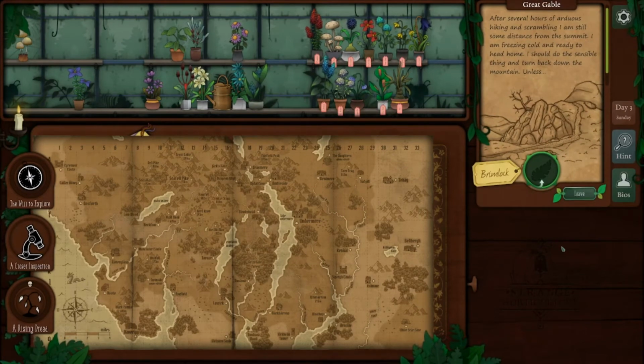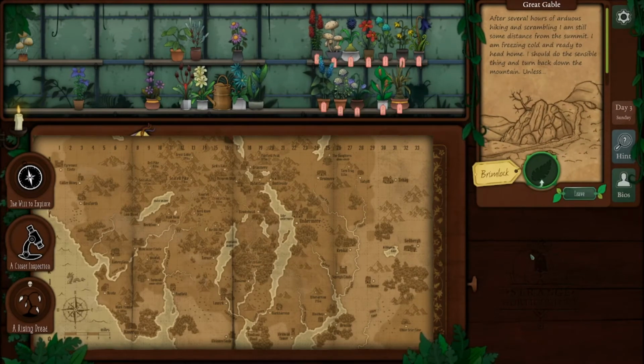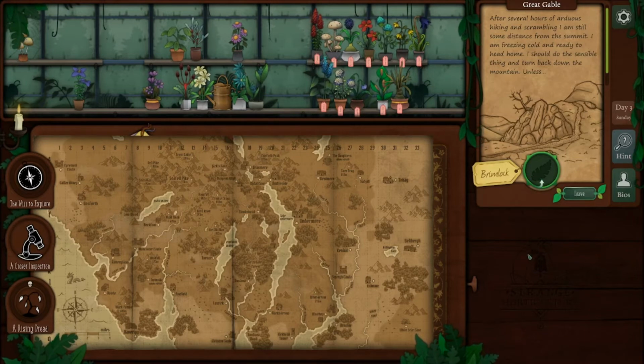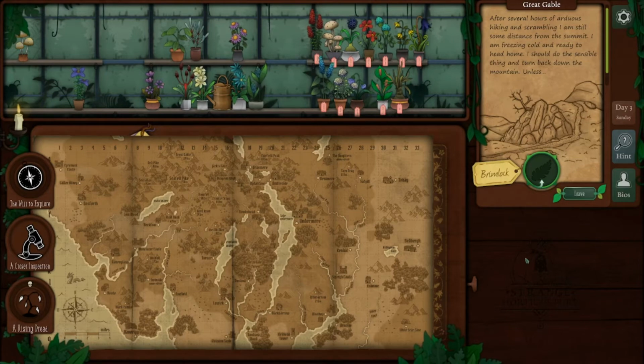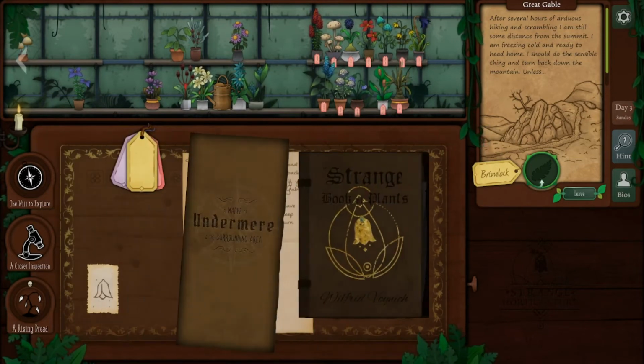After several hours of arduous hiking and scrambling, I am still some distance from the summit. I'm freezing cold and ready to head home. I should do the sensible thing and turn back down the mountain. Unless... Okay, Brimlock. So...